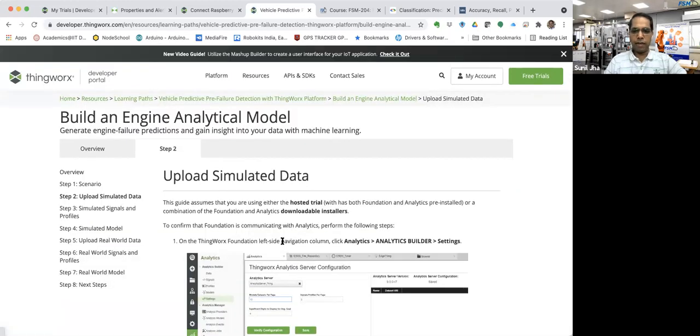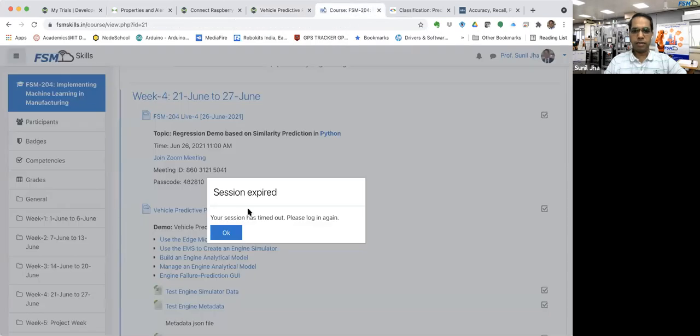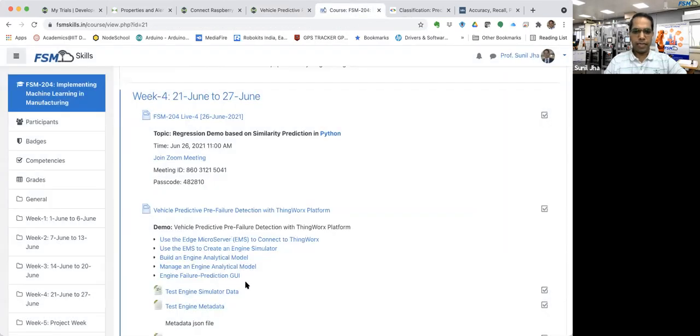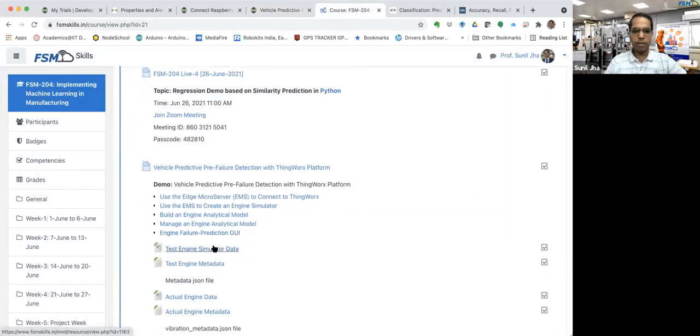I have shared it with you, but you can download that file also. There are two data files that are being shared with you. One is the test engine simulator data. This is what I am talking about. There are around 36,000 such data points. So 5 data points from sensor 1 and 5 data points from sensor 2.